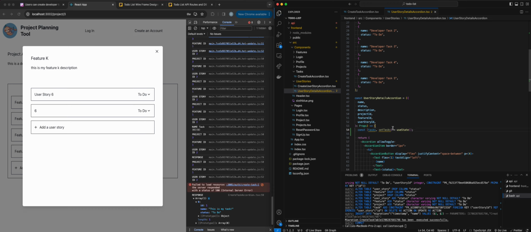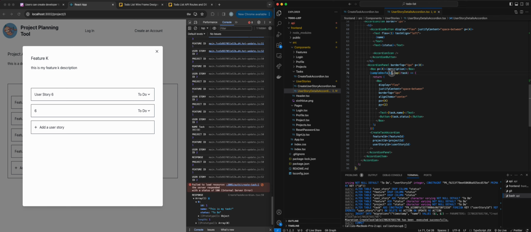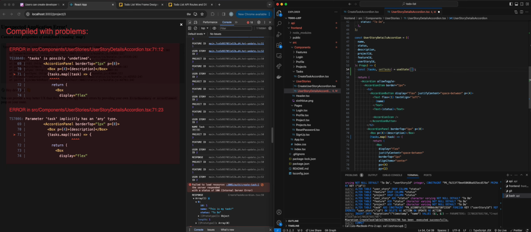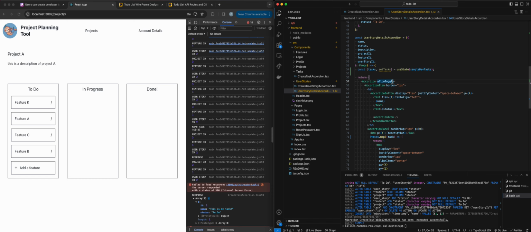All right. Now we want to go ahead and add tasks to the cascade of things because we don't want to use these sample dev tasks at this point. We want to use our tasks here instead. So I'm going to just do an empty array here. Let's set it equal to sampleDevTasks for now. Okay, so it doesn't break. All right, so now let's go ahead and we want to